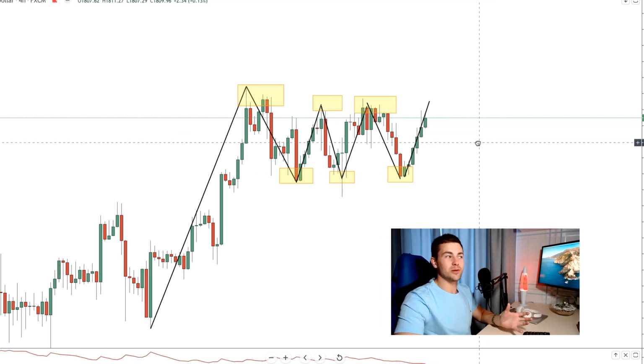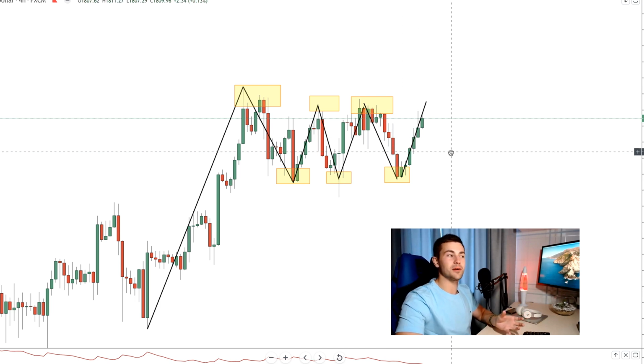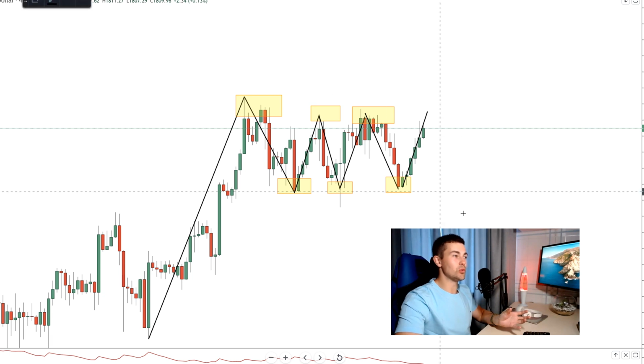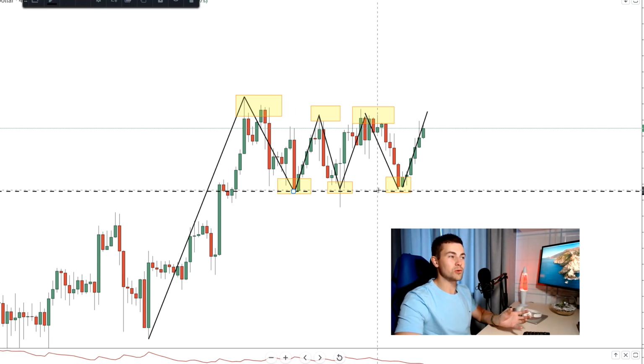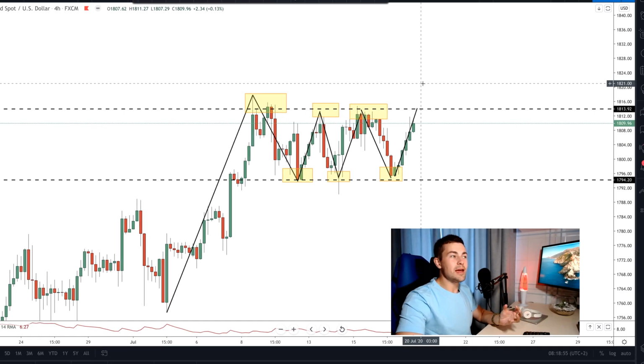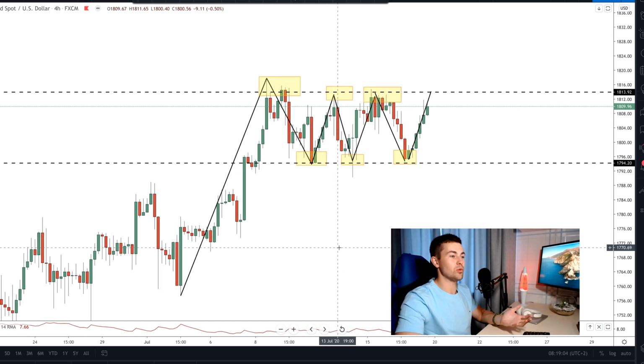So how does it look right now? It looks like it is just the perfect example of consolidation and a horizontal indecision range. So we are trading in that range, this horizontal support right here, horizontal resistance right here. And if we analyze the market from that perspective, it looks like it is just the consolidation and the breakout of the channels that we noticed.